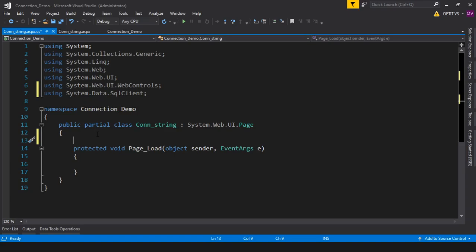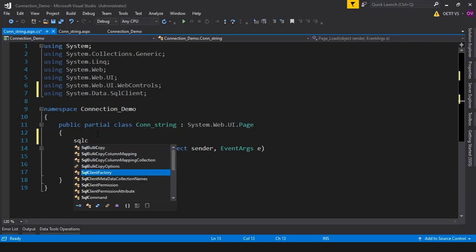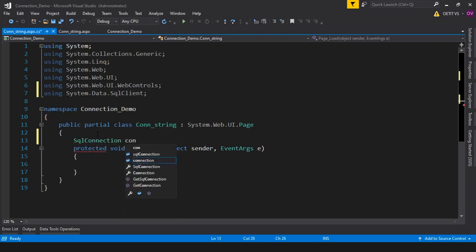Okay, now if you know it, then please tell me what I need to write. SqlConnection, an SqlConnection object. Connection creates its object, very good, equals to new SqlConnection. Okay, now here you need to follow some steps like a connection string. This should be in double quotation signs, right? And to reach the database you need to use an @ sign.